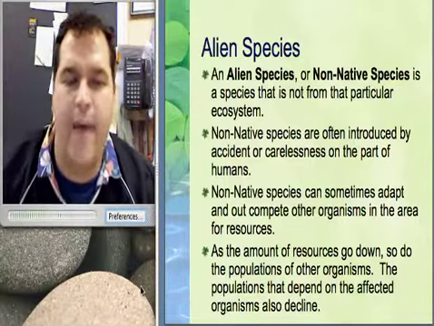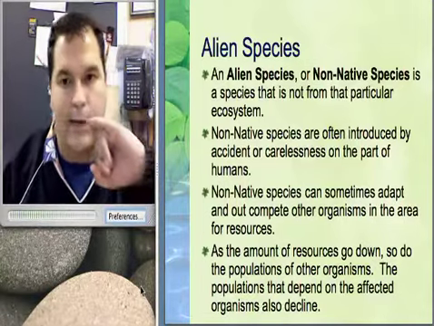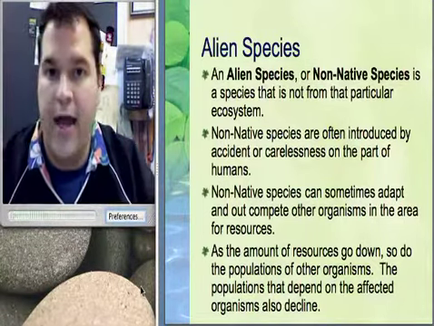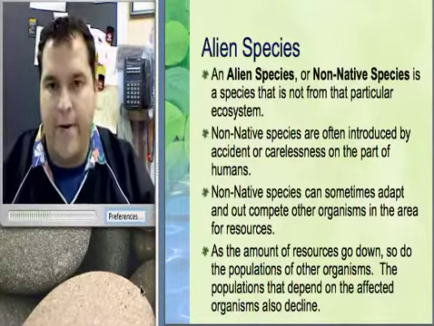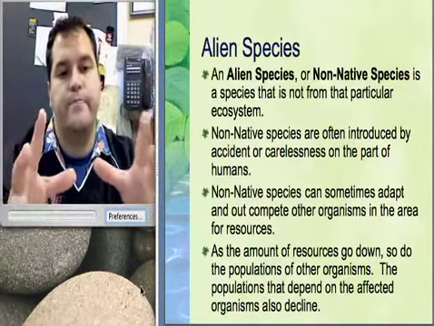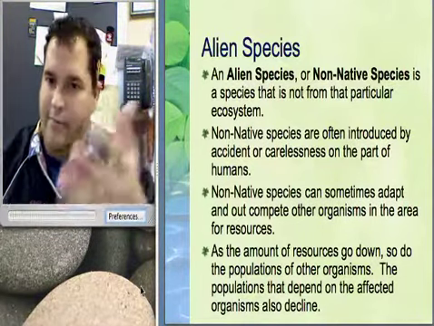So how did this happen? How did the zebra mussel come into play? Did Dr. Evil hatch a little plan to bring the zebra mussel over and destroy the Great Lakes? No, he didn't. It was perfectly innocent. What happened is big boats that carry cargo from here to there were in the lakes in Europe.